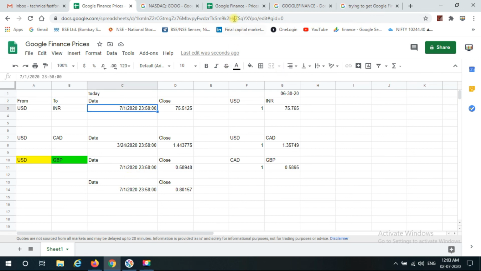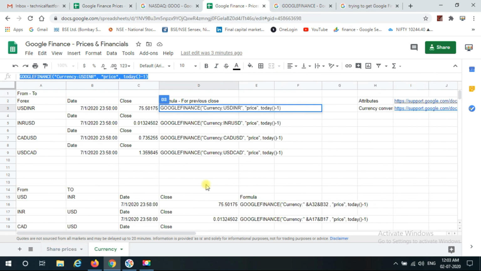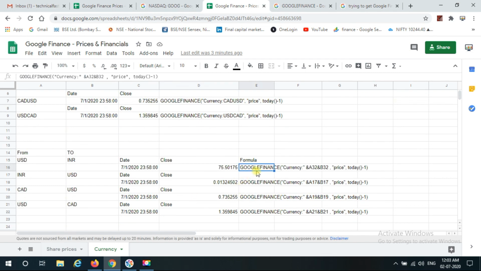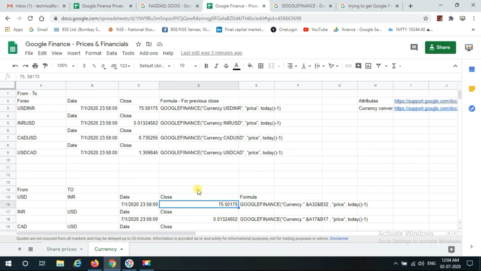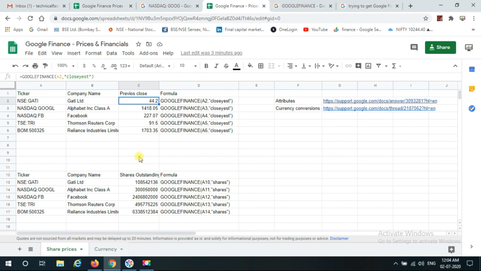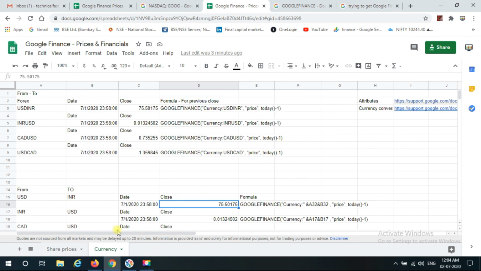What I'll do is, I have prepared some things for you over here in this sheet, which is for currency, along with the referencing and the formulas. You can take this sheet from the description box, but you will not be able to edit or update anything in this sheet. Instead, you can download, or you can take some references for formulas and create your own sheet as per your need. I have given the links as well in the sheet. I will try and update these links in the description as well.